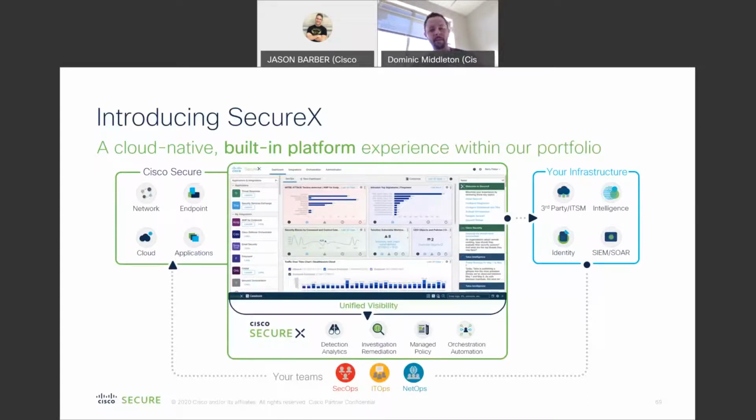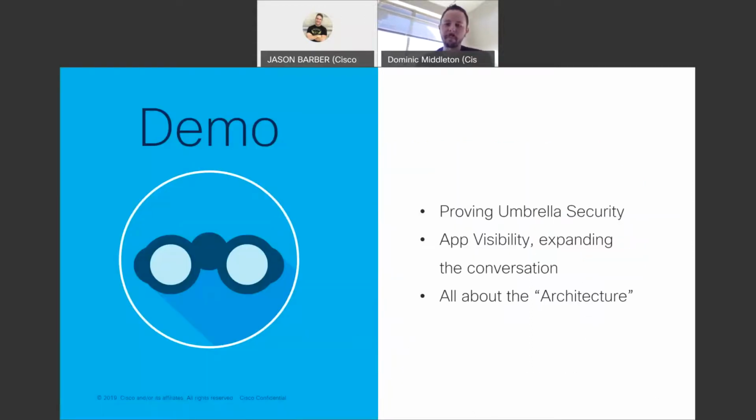We want to have a tool in place that will integrate all this. And we want to talk about this because it's not just good for the customer and their security platform, it's going to help us have a bigger, wider security conversation and do a little more discovery around what's happening in their network, and talk to them about a few more security solutions that they truly need to defend against the bad guys. We're going to talk about that in the demo as well. So that's what I want to talk about for SASE and crossing the finish line. Hopefully that gives you some talking points to go back to your customers with.